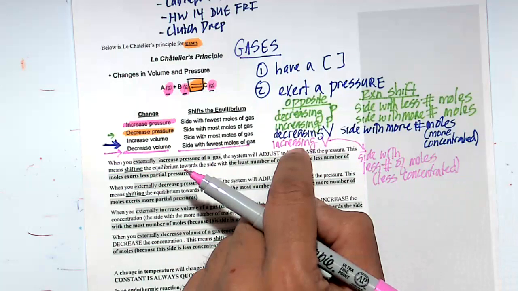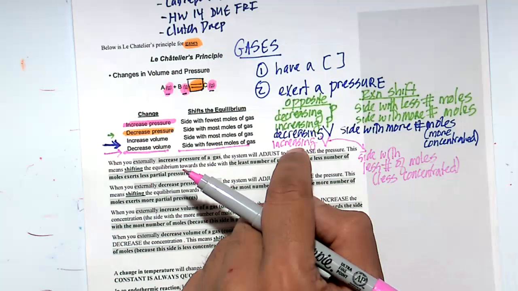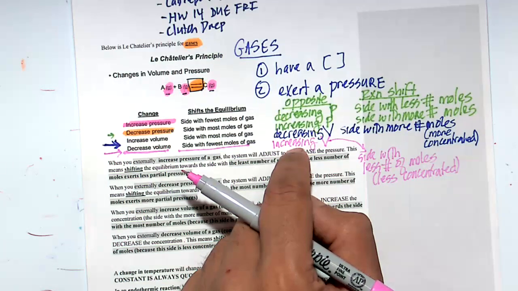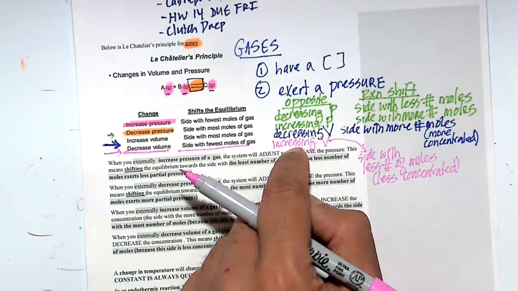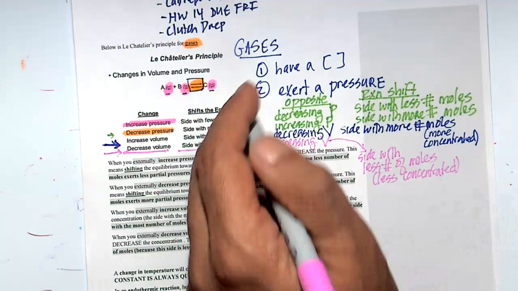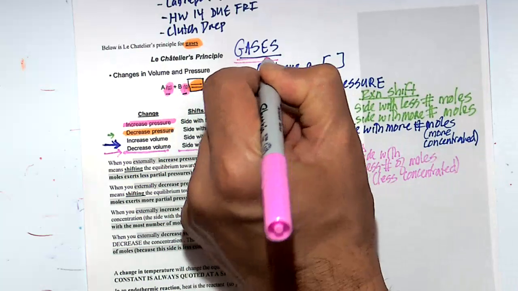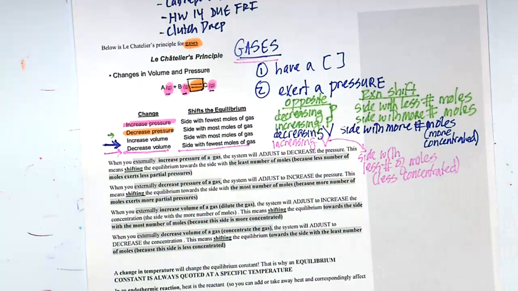So if we're all gas molecules in a room, we have a certain pressure. We all exert a certain pressure, we all bounce around. If we take ourselves and move to the closet, will we have more pressure or less pressure? More pressure there. Less volume, more pressure. Here, more volume, less pressure. Remember, pressure has to do with the collision frequency.